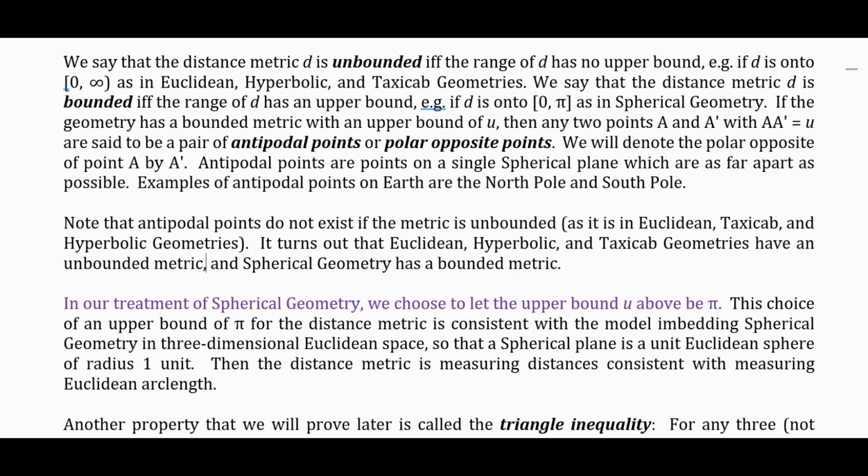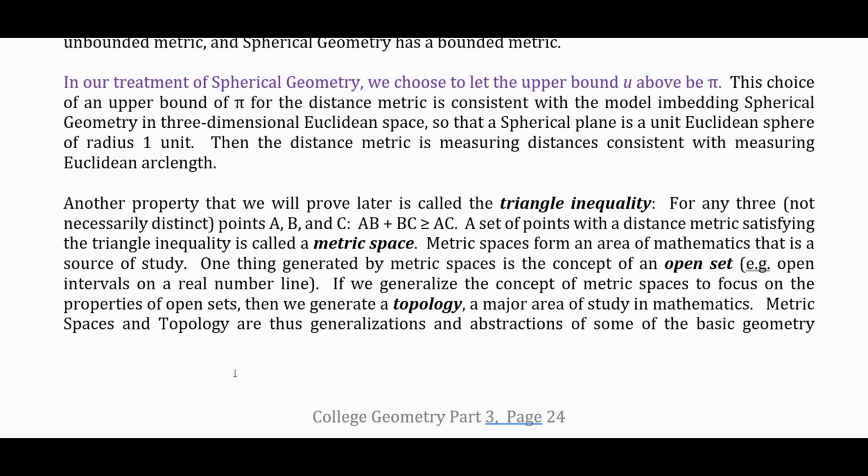So it turns out the Euclidean, hyperbolic and taxicab geometries have an unbounded metric, and spherical geometry has a bounded metric. In our treatment of spherical geometry, we choose to let the upper bound u be pi. This choice for an upper bound of pi for the distance metric is consistent with the model embedding spherical geometry in a three-dimensional Euclidean space, so the spherical plane is a unit Euclidean sphere, radius 1 unit. Then the distance metric is measuring distances consistent with measuring Euclidean arc length. Also consistent with measuring the angle as a central angle and Euclidean angle